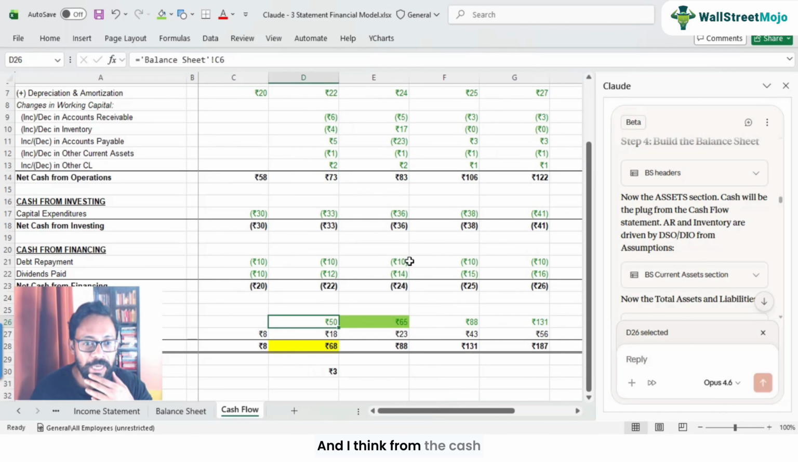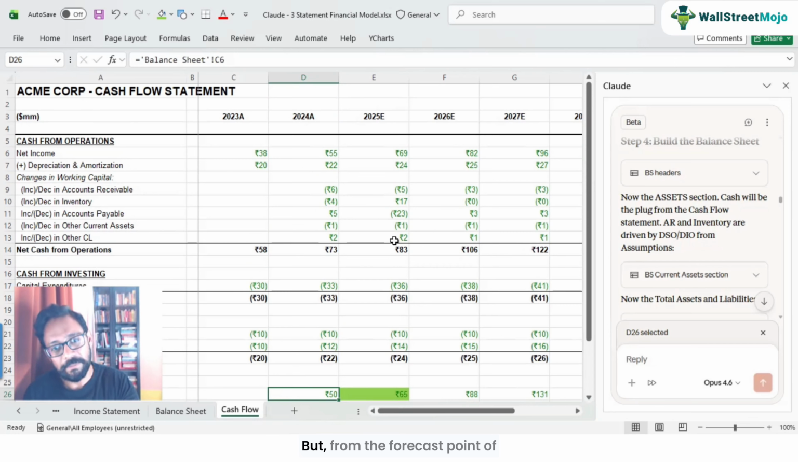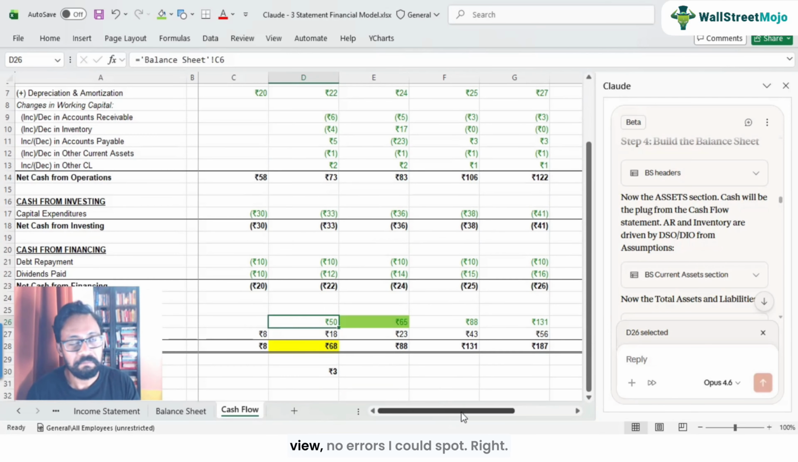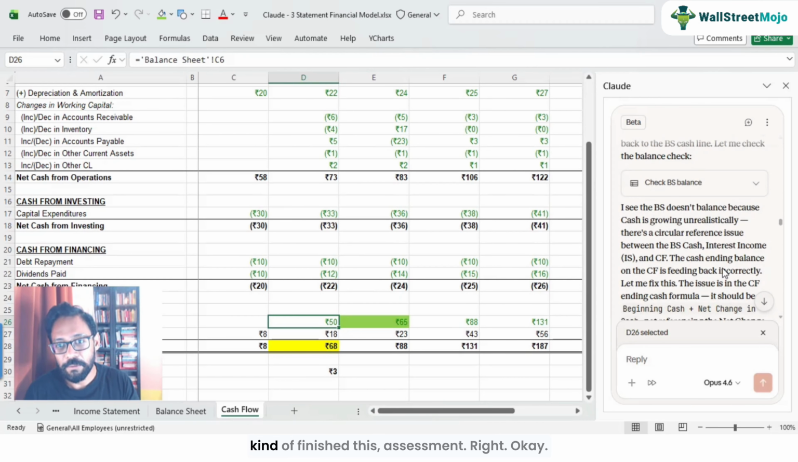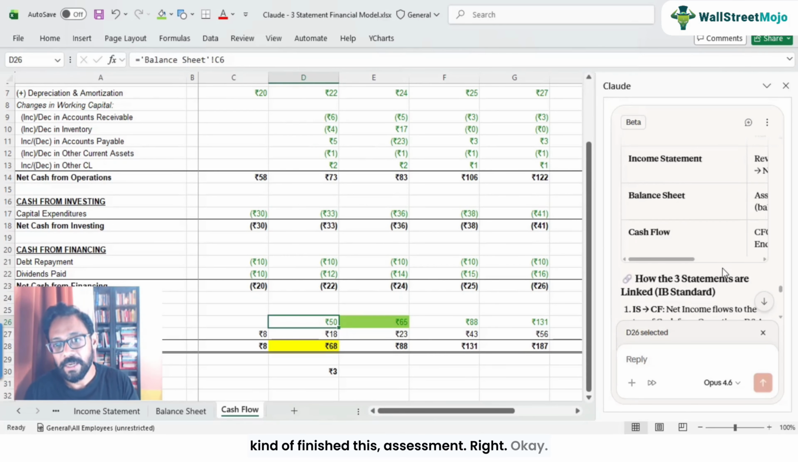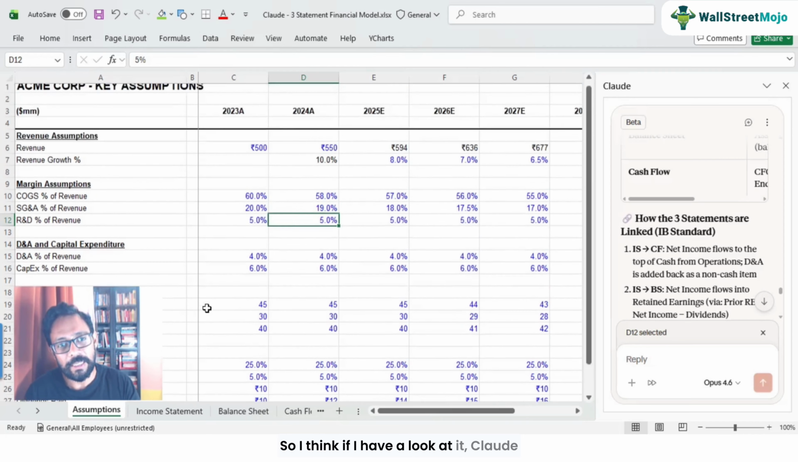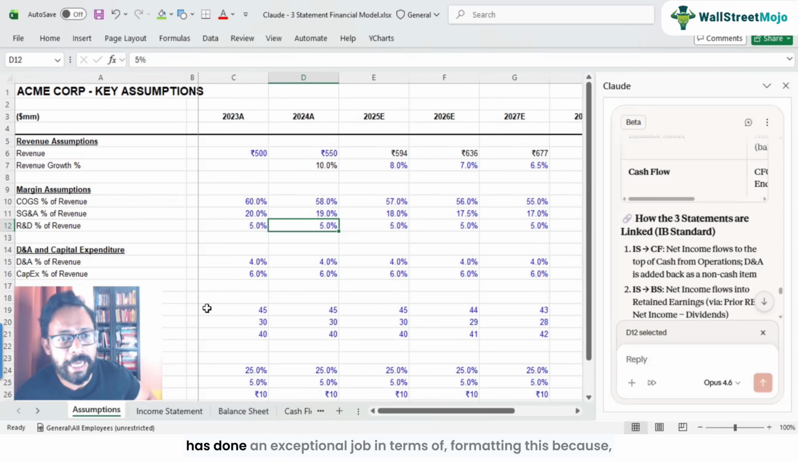And I think from the cash flow historicals, there is one error, but from the forecast point of view, no errors I could spot, right? So I think it would have finished this assessment, right? Okay, so perfect. All right, so if I have a look at it, Claude has done an exceptional